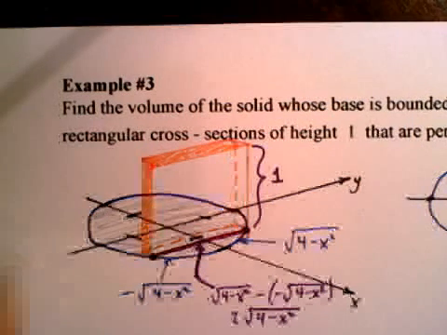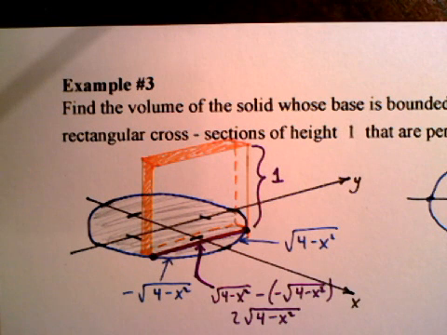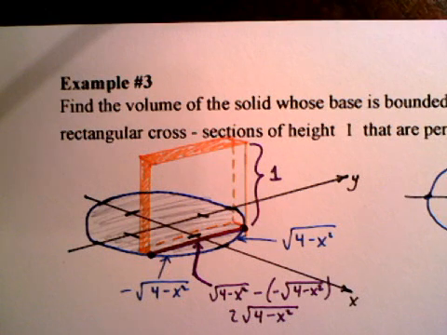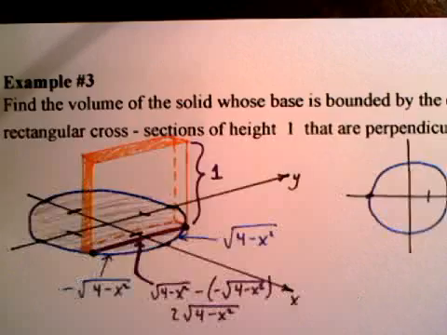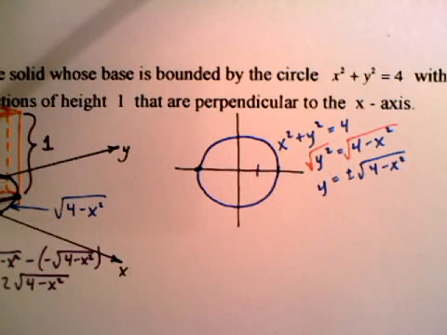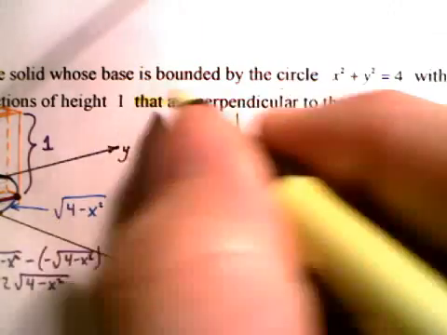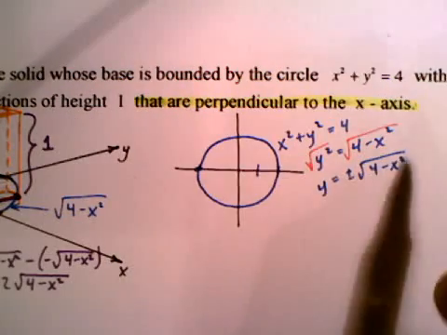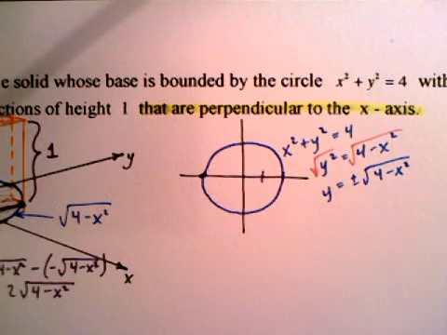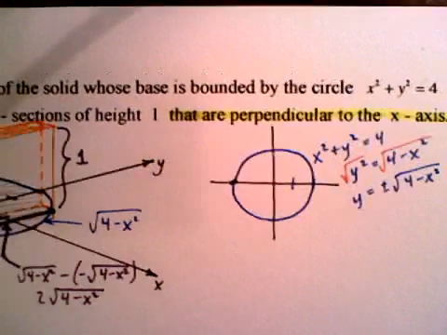Alright, example 3. Finding volumes using cross sections. Remember, we've got a base and then we're building a figure on top of the base that's always going to be in the xy plane. This particular one, we have a circle as the base, x squared plus y squared equals 4, and cross sections are perpendicular to the x-axis. The height of these rectangular cross sections is 1, and we'll get to that in a second, but I just want to make sure you're okay with